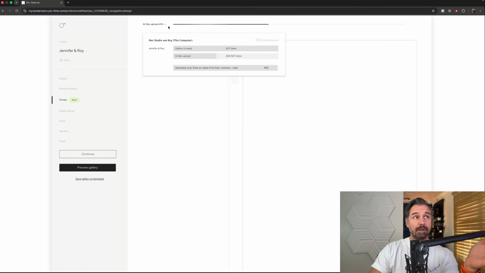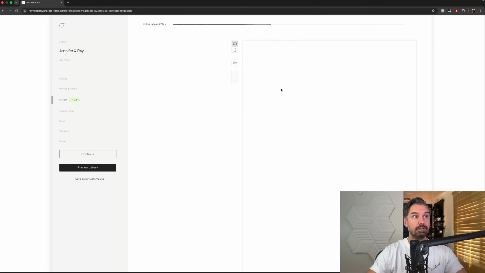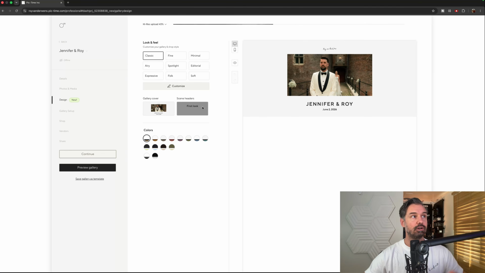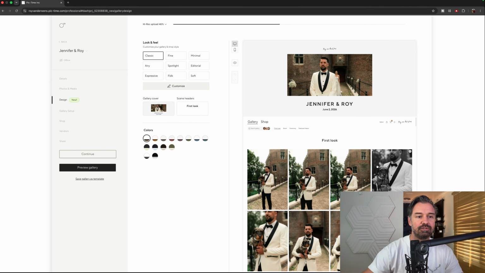So Pic-Time uses an uploader from your computer. I'm not a big fan of that because it's something open on my computer that has to load stuff. I'd rather just throw it in the browser, like Dropbox or something. But this is what Pic-Time does. Maybe they do it so you can close your browser and still upload. In that case, I understand, but I've noticed when I'm working, the upload is always active. I don't like to have active stuff on my computer if I don't need to, because with video editing and photo editing, I need all the power of my computer. So I don't want my computer to spend time on some stupid uploader. Well, stupid, an uploader that is doing stuff.